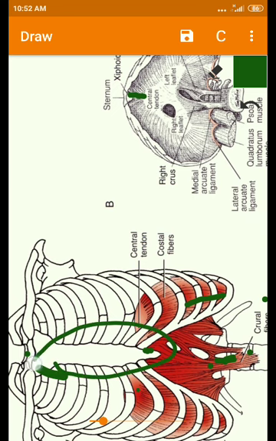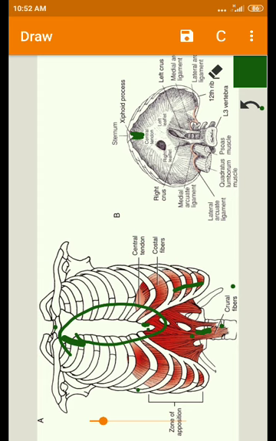This one is the anterior aspect. On the posterior aspect of the xiphisternum, some muscular slips are originating. So these are the costal fibers of the diaphragm. And how do these fibers run or move? The costal fibers run vertically. The costal fibers of the diaphragm run vertically from their origin.